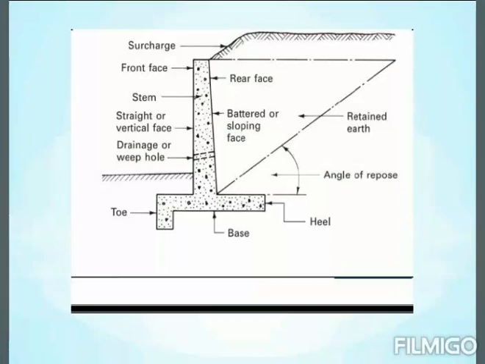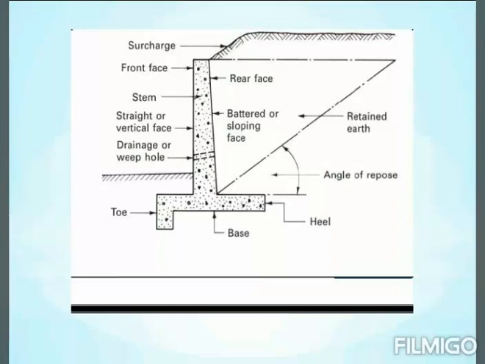While designing a retaining wall, it is necessary to ensure that it is stable. Before going to the stability conditions, we should know what the different forces acting on a retaining wall are. The forces acting on a retaining wall are lateral earth pressure, self-weight of the retaining wall, weight of the soil above the base slab, surcharge, soil reactions below the base slab, and frictional force at the bottom of the base slab.